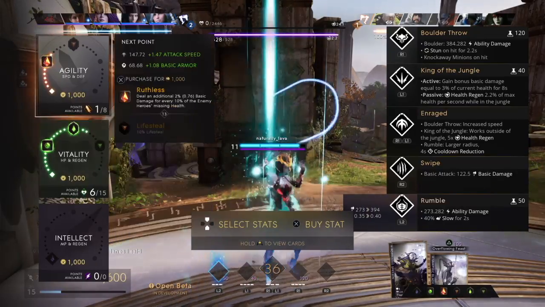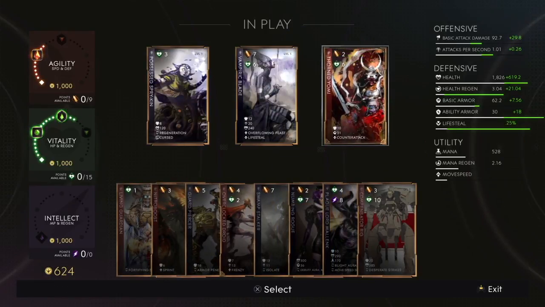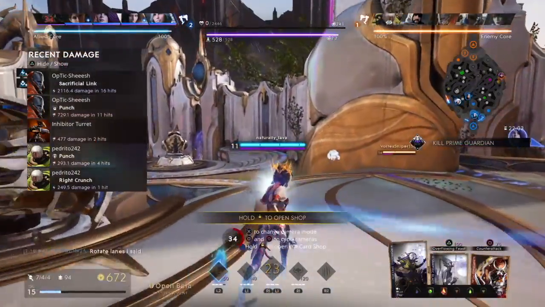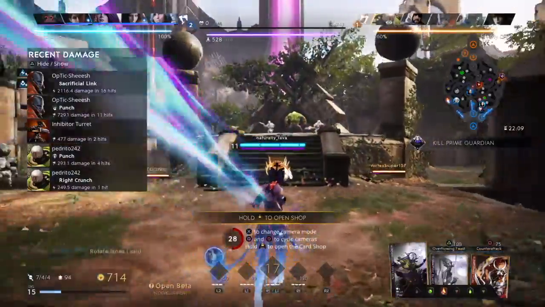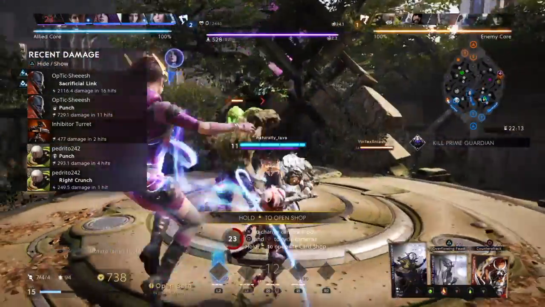So, we'll put this over here. We're gonna try and go for Yomi. Yomi's gonna be a placeholder till we can get Compulsor Rig. And we're gonna try and go for that mid lane, because I really, really want that mid lane. No doubt in my mind that we're gonna grab that and we're gonna push both safe lane in that one. So